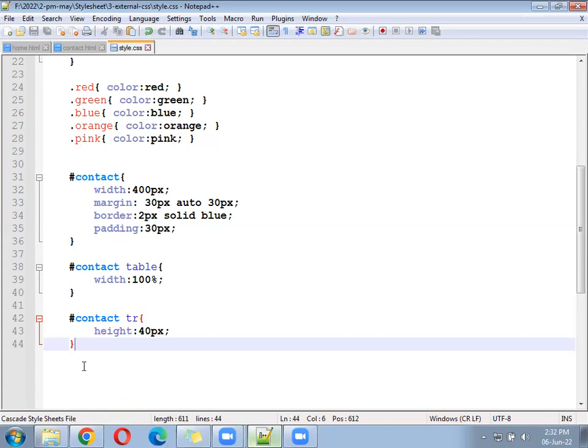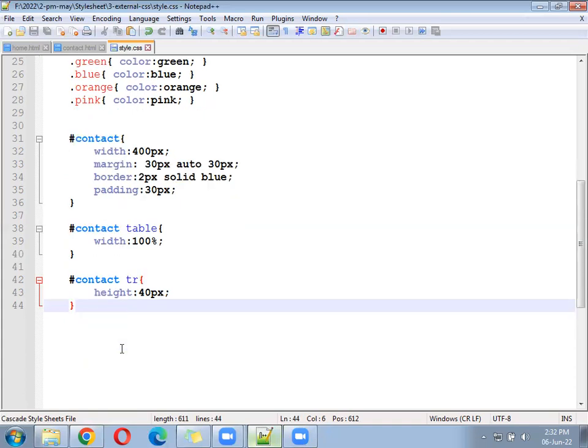Going on. For TR we wrote some CSS. TR we have written, for input box, what CSS we have written? Input box height should be 30 pixel. Input box width should be 100%. Input box, you can write 2 pixel as a padding also. For input box, it's a class. Input box is a class. For that, some